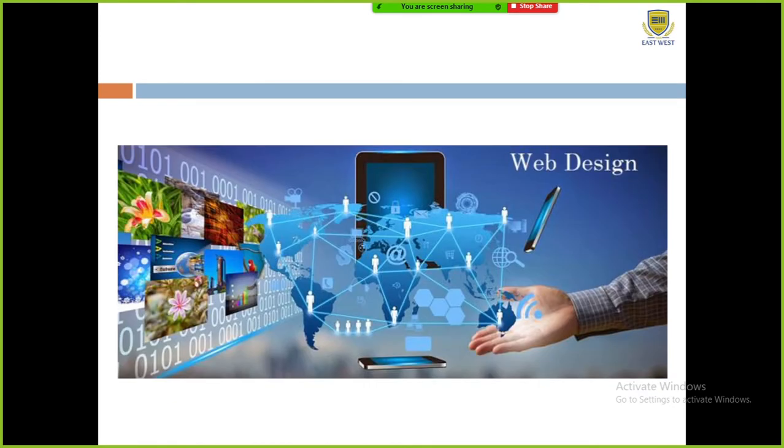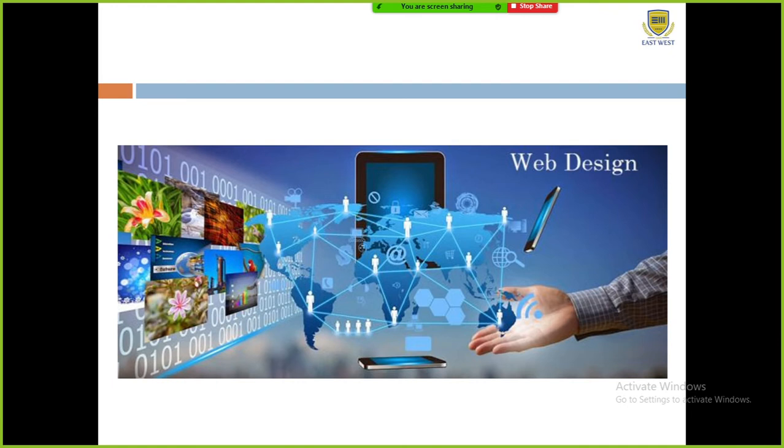There exists some technology that helps us to establish these network connections, the web design, which will help us to have connectivity. So this web design or technology helps us to connect with each other. That is what we study in this subject.